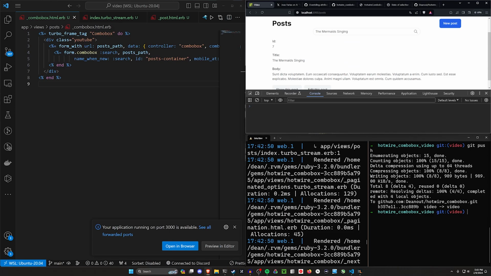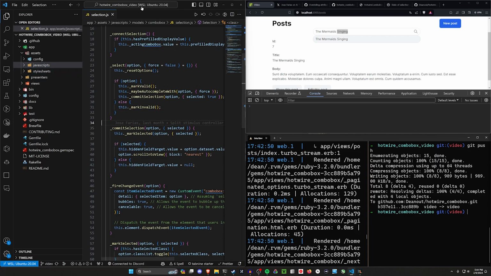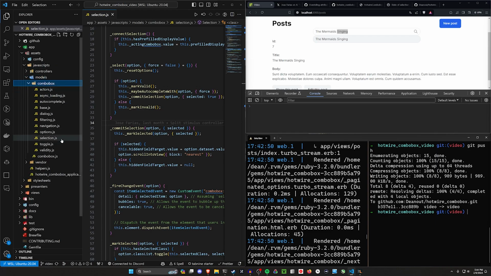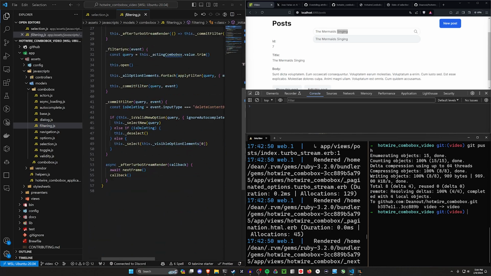But let's say I'm looking at the mermaid singing and I Control backspace. You'll see I'm stuck in a loop. This one was kind of annoying to figure out, but I think I figured out what's firing that. If we come over to our gem one final time, I believe to the filtering section. If we go into app, assets, javascript, models, combobox, filtering, inside of filtering at the bottom here,